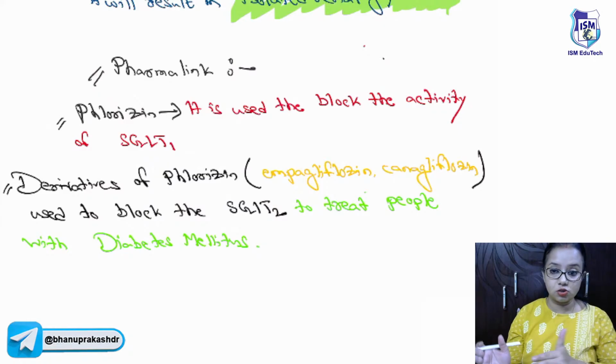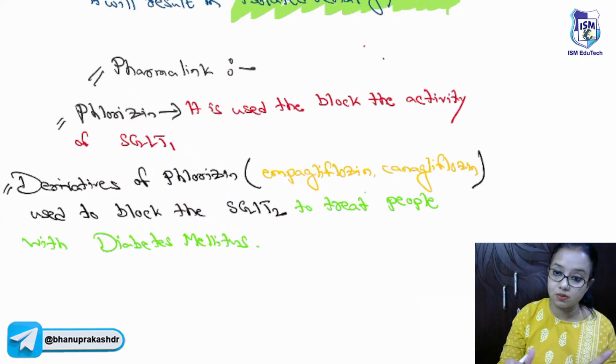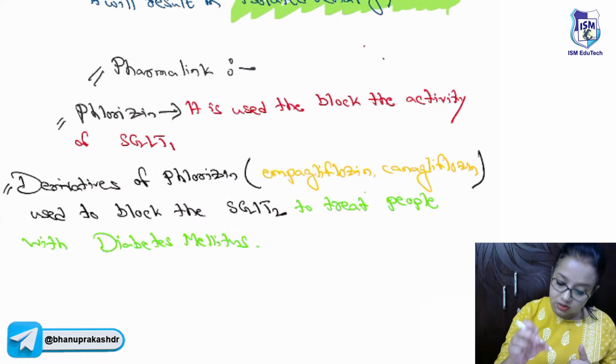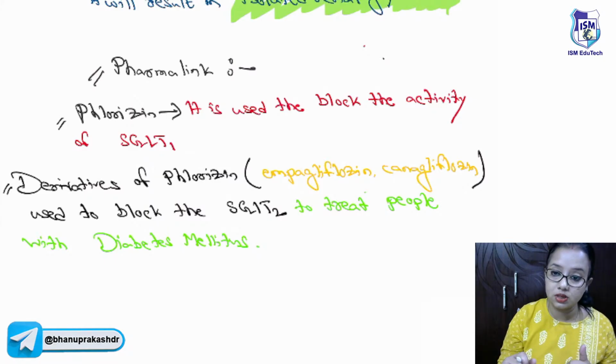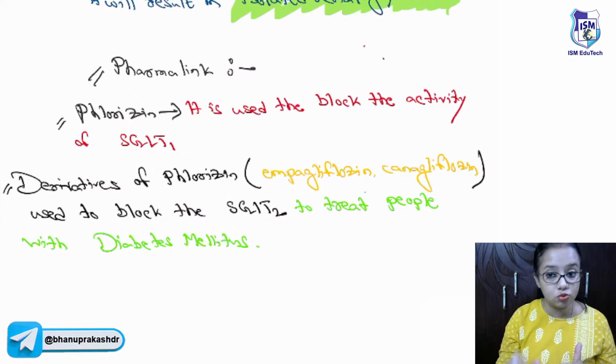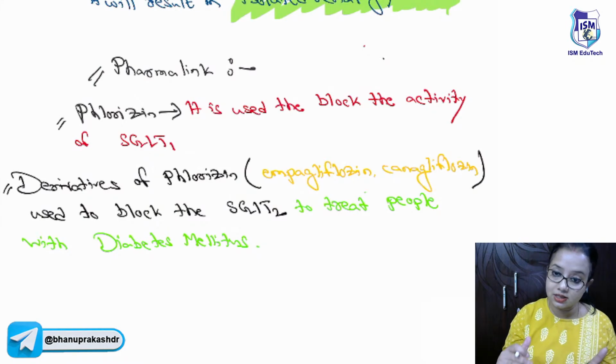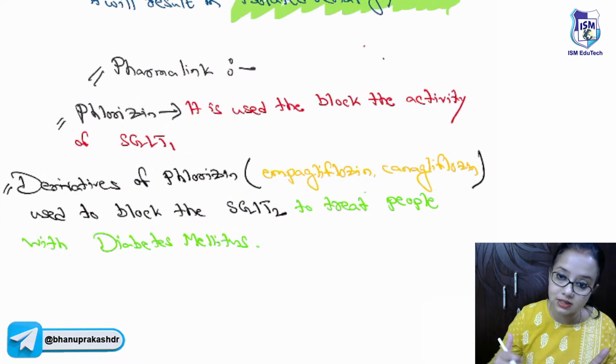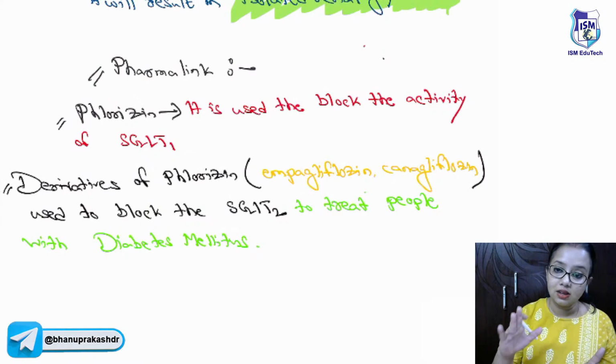SGLT2, its main function is to reabsorb all the glucose into the plasma. So people who are suffering from diabetes mellitus, their blood sugar level is elevated. So if this co-transporter subtype, like sodium glucose co-transporter subtype 2, is blocked, then it will not be able to reabsorb the glucose, as a result of which glucose will pass out through the urine and the blood glucose level can be maintained. Okay,